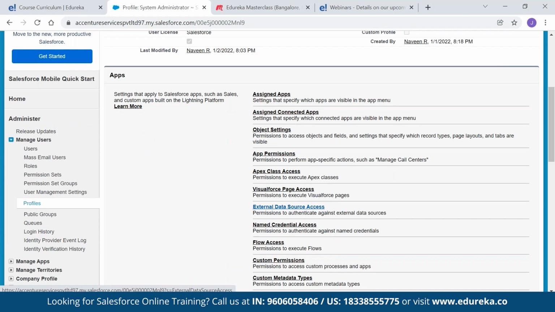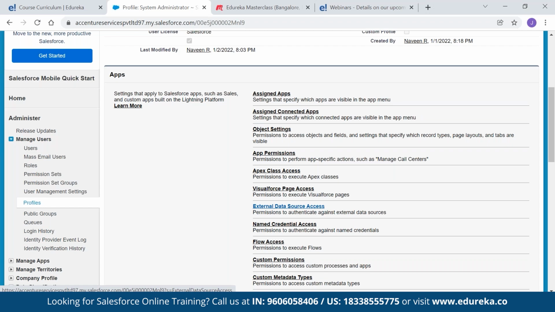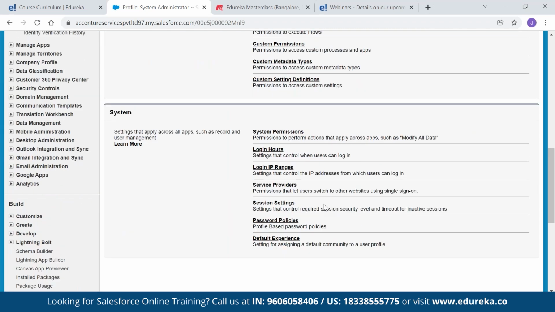I'll repeat once again: a profile controls user permission, object permission, field permission, app settings, tab settings, Apex class access, Visualforce page access, page layout, record types, and login hours, meaning what time the user has logged in. You can see login hours and login IP addresses here in the system.